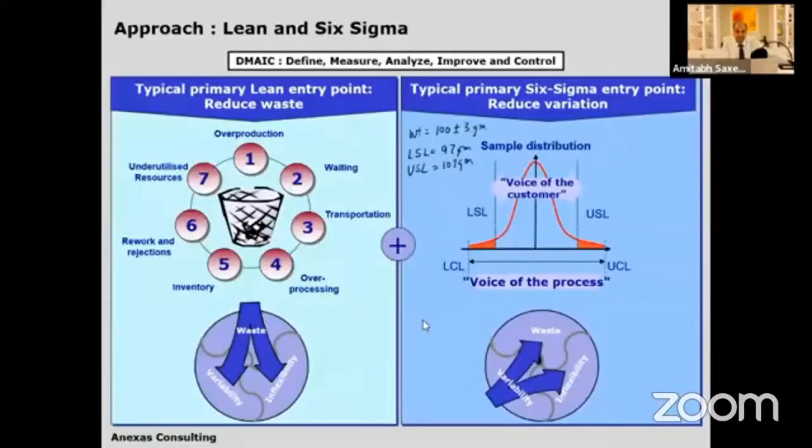Now let us look at some of the 7 wastes. Let's look at the 7 wastes. So these are the 7 wastes. I'll not describe them in detail. I have described them on my YouTube channel. You can always subscribe to the YouTube channel. It is Anexas YouTube channel. I'll be giving you some links to the